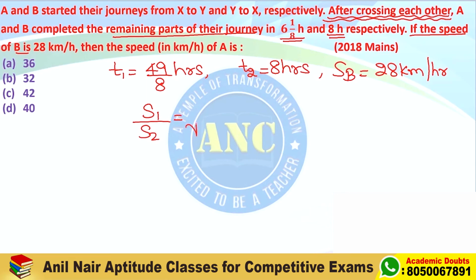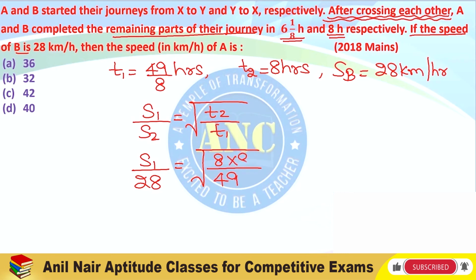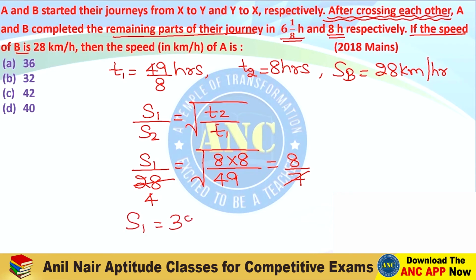S1 by S2 is nothing but equal to square root of T2 divided by T1. So S1 we are calculating, S2 is nothing but equal to SB in this question. So it is 28 square root of T2 by T1. T2 is nothing but 8. T1 is nothing but 49 divided by 8. That divided by will go to the numerator. So I can simplify this as 8 under the square root is 8, 49 square root is 7. 7 into 1, 7 into 4. This 4 cross multiplies with 8. So the speed of the first person A is 4 into 8, which is 32 kilometers per hour,